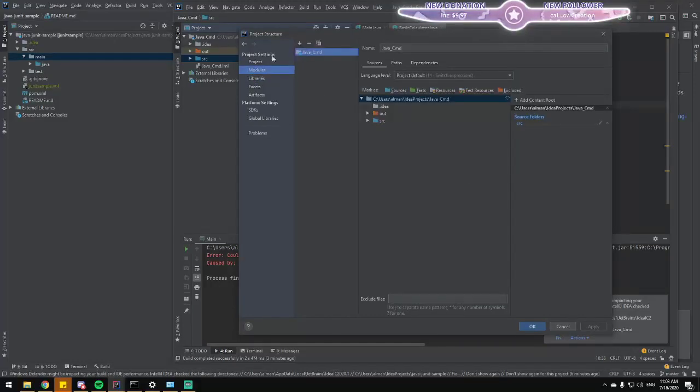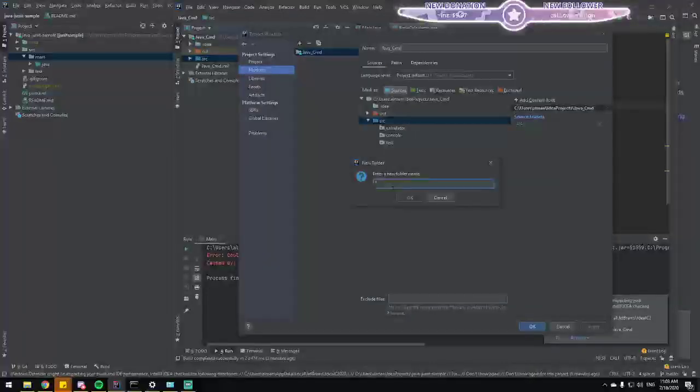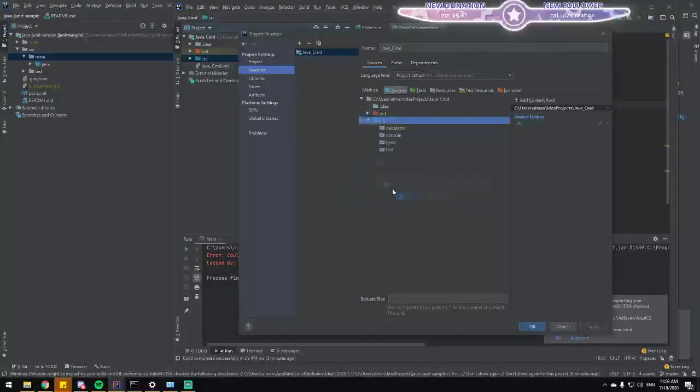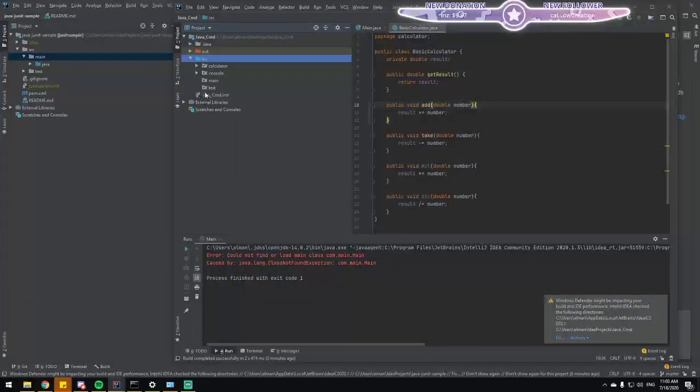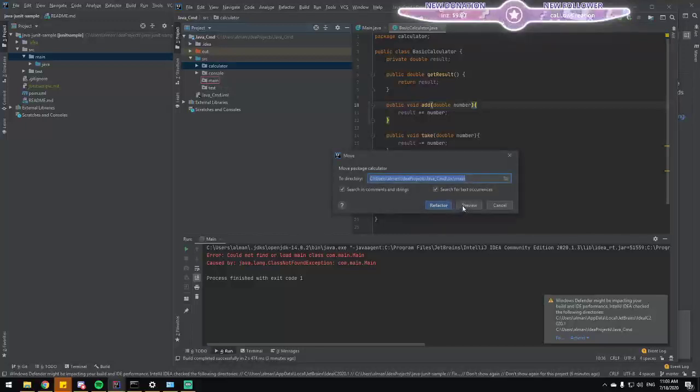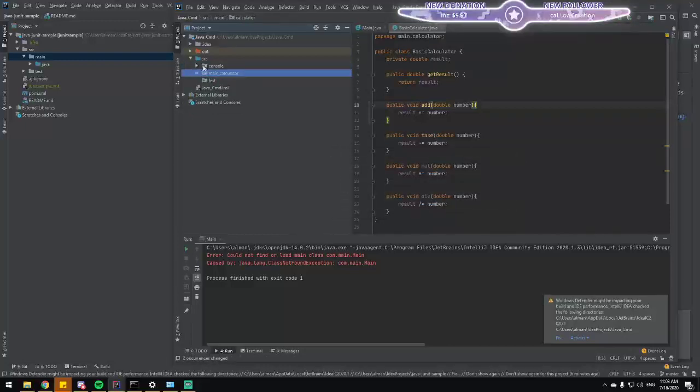Modules. Java CMD. Okay, it's not a module, obviously. Sources, tests. Sources. New folder. Okay, for some reason I can create a new folder from here. Main. And it appears as a package anyways. Great. Well, so be it. Calculator. Refactor.